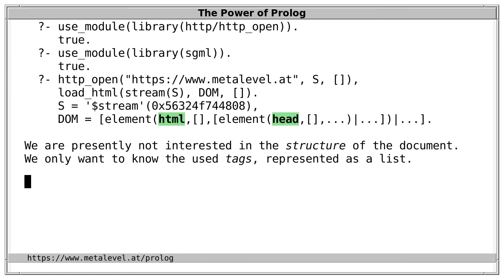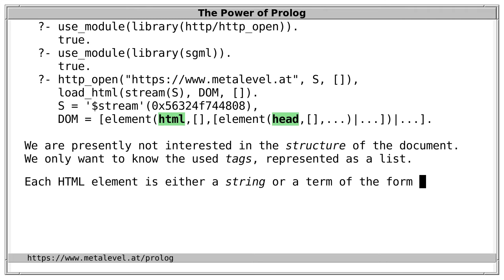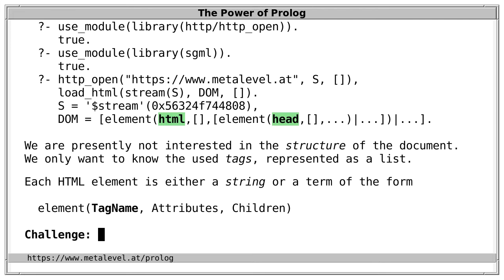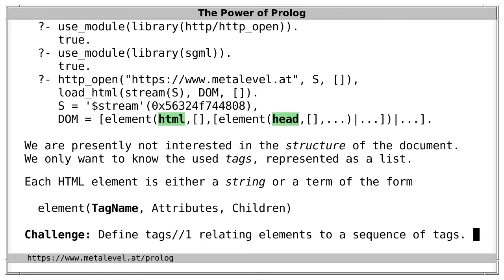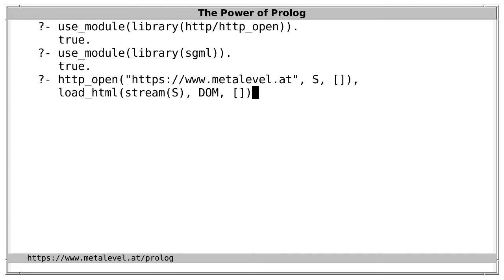Now, in this representation, each HTML element is either a string or a term of the form element of tag name, attributes, and children. And for our task, we can ignore the attributes. The important thing in our case is the tag name, in the element and also in its children. And I leave it as a challenge to define a non-terminal tags that relates such elements to a sequence of tags. And once we have such a non-terminal, we can ask for the tags that occur in the DOM, manifested